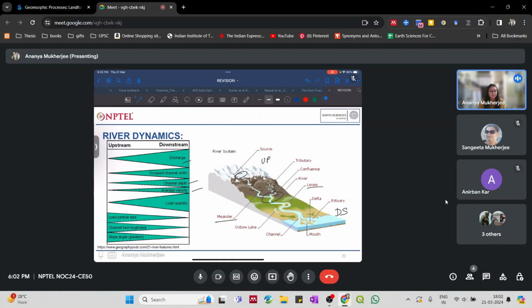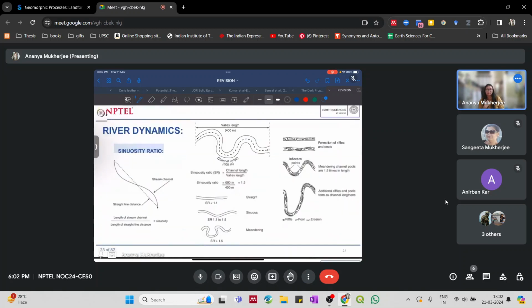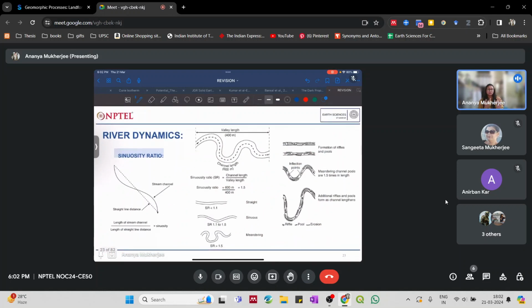Then you can have different kinds of depositional as well as erosional features. So you have levees, you have oxbow lakes, and finally it forms a delta or an estuary near the mouth of the river, where it actually meets the sea or the oceanic body. So for a river, to understand the relation of the river channel that is flowing and either the slope or what kind of geology is present over there,